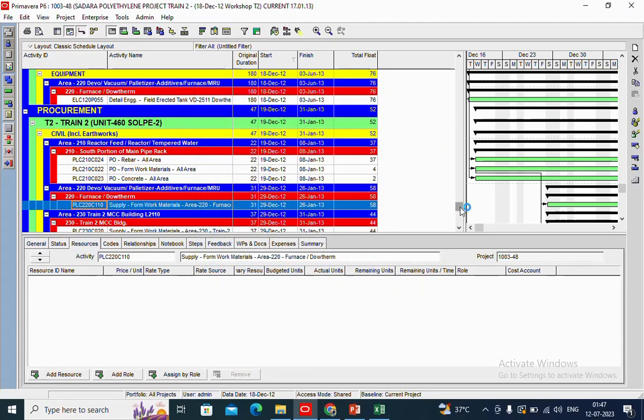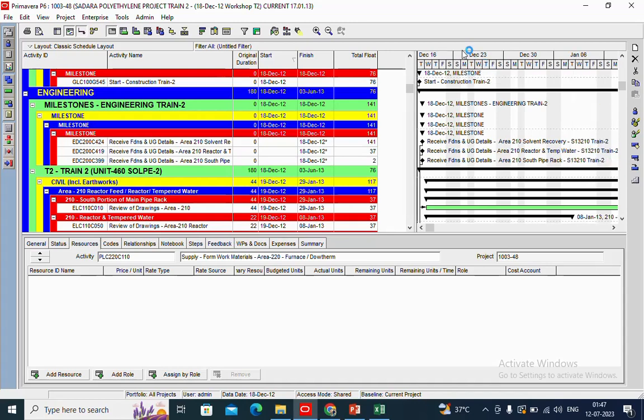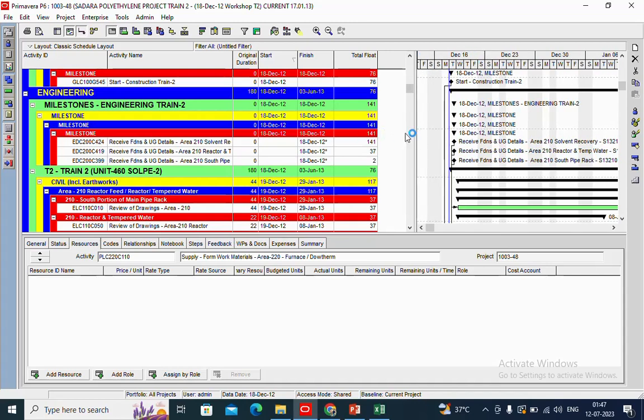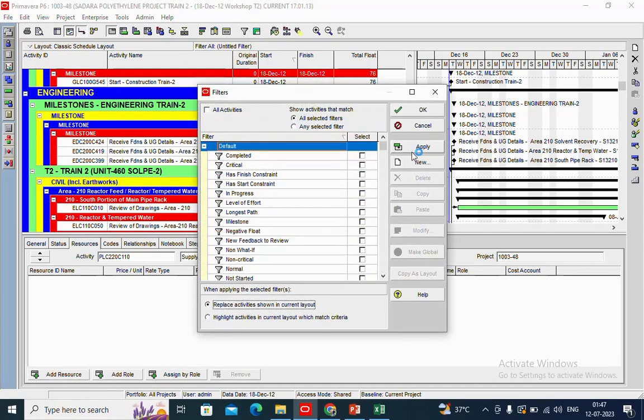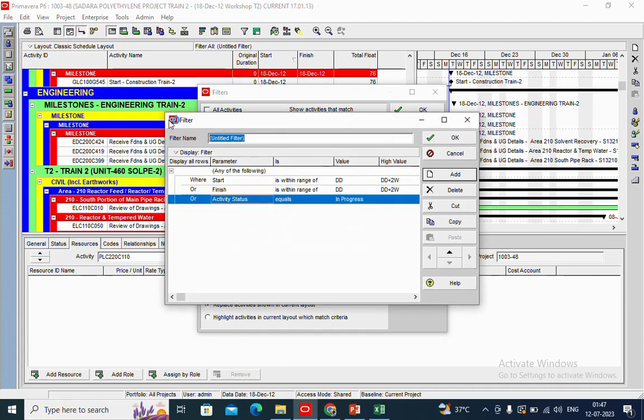But now if you see, okay, so this is our 2-week lookahead schedule basically. But sometimes it will come directly to the data date, which is not correct. So you can make a little change so that your filter will look good. Go here, modify it, and first of all, what I forgot is to change the filter name, make it 2-week lookahead schedule,